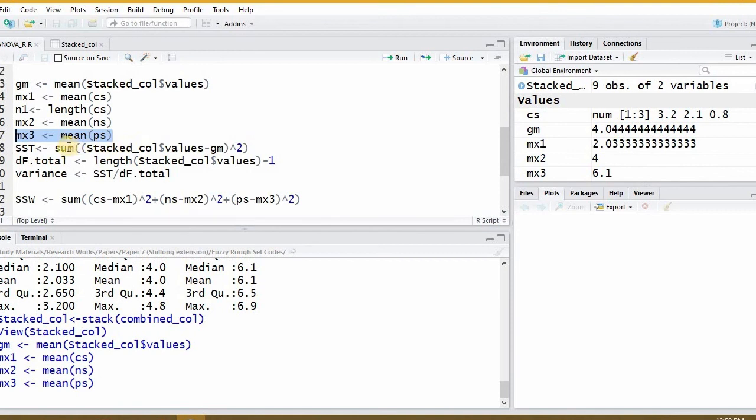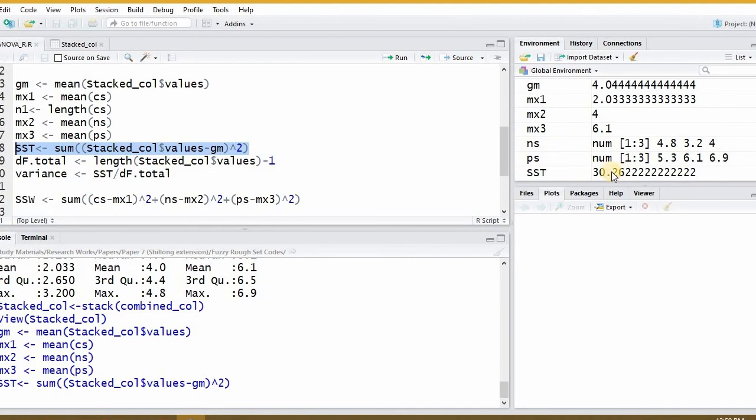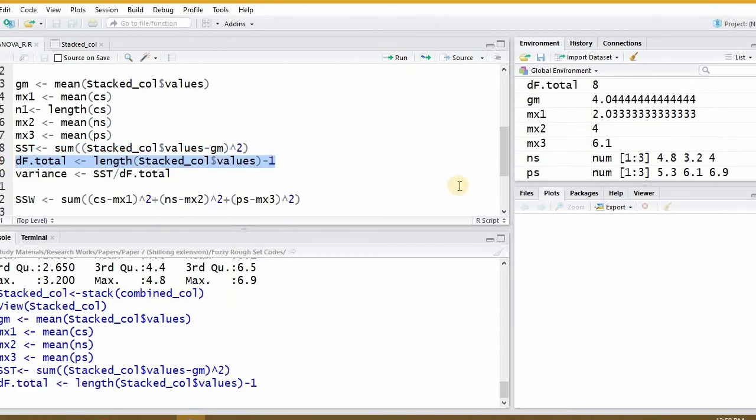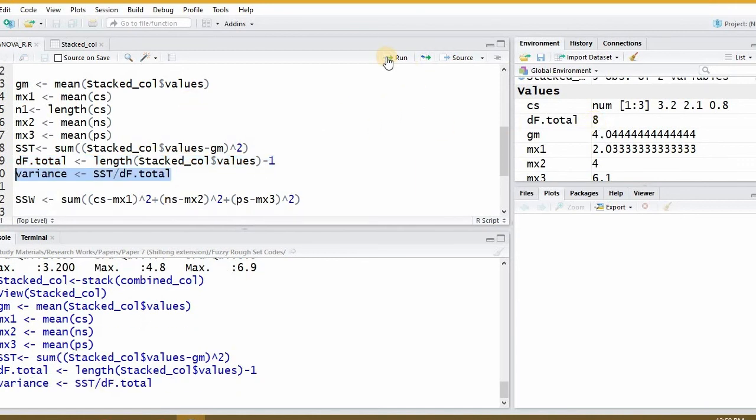Now I need to find out the SST. As I know, SST is the sum of the stacked column values minus the group mean, squared, right? This is my SST. So what is the value of SST? 30.26 here. And what is my degree of freedom? Degree of freedom is the length of the stacked column values minus 1, which is 3 into 3 minus 1, which is 8. So my variance will be SST divided by the degree of freedom, which is